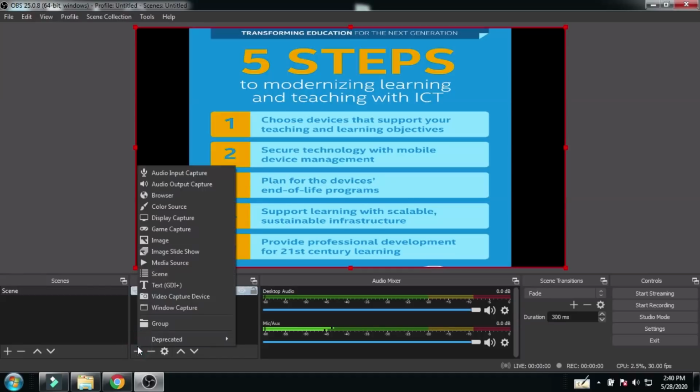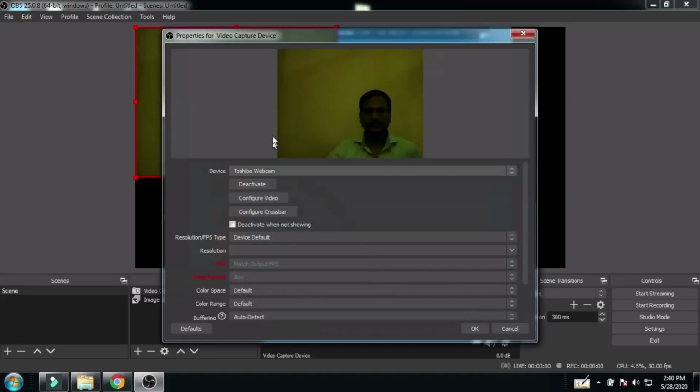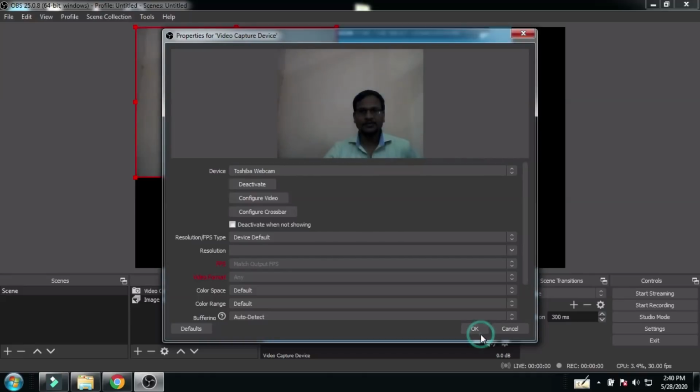Now we have to apply the face along with the slideshow. Click here. Similar to the previous section, assign the face using the webcam. Click on the OK button.